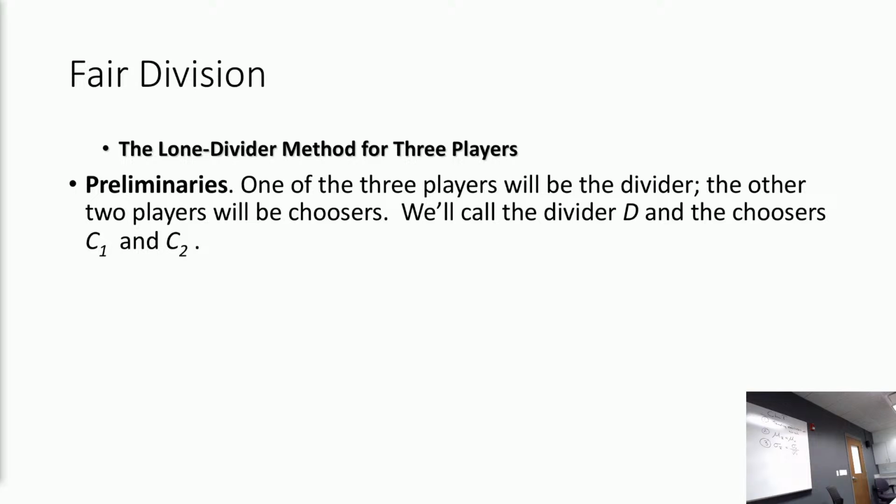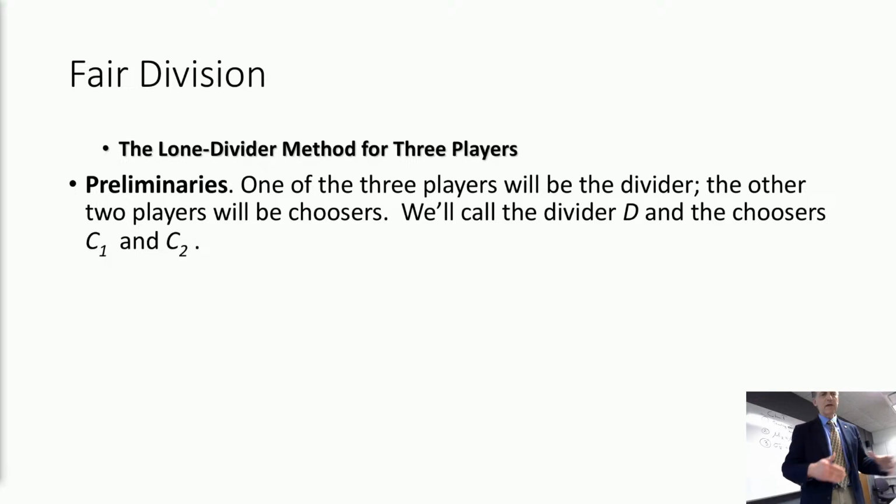The person dividing is going to do their best to make the piles equal. And then the person choosing can say, I think that one's bigger, and they'll be happy because they get the bigger pile. And the person who did the dividing will be happy because they did their best to make it half and half. But in the case of 3 people,